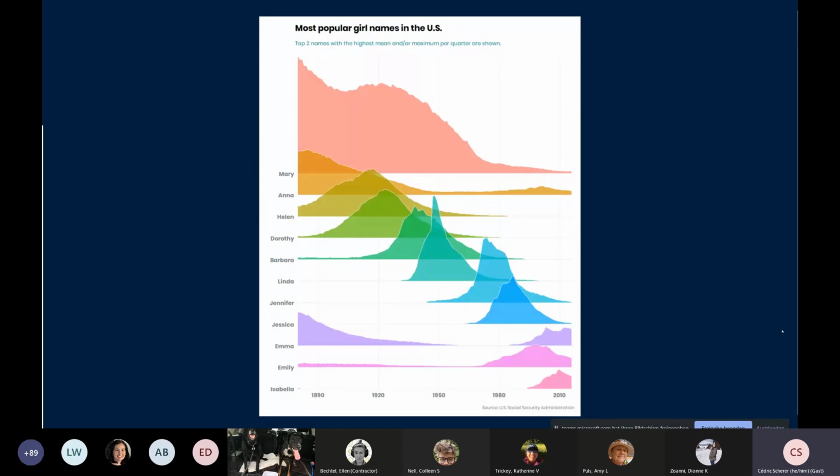Another example, a very old one, of my first personal ggplot, maybe the first personal ggplot I did, is this one here. You see that I'm using the default ggplot colors, which I'm definitely not using anymore. It's about the most popular girl names in the US. So it's a famous data set many people play around with. And what I did is per quarter, so per 25 years, I extracted the top 2 names, and then you can see here nicely the shift.